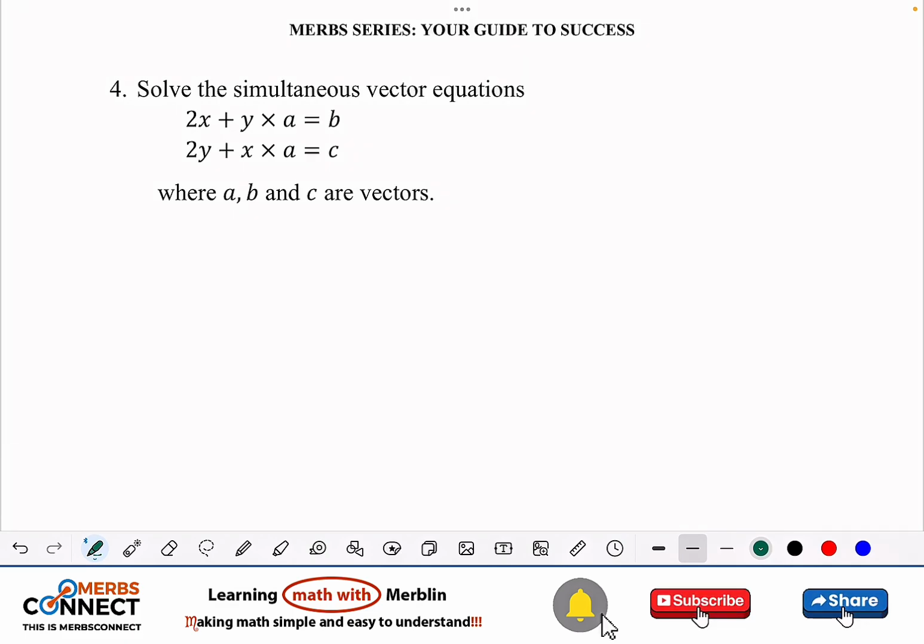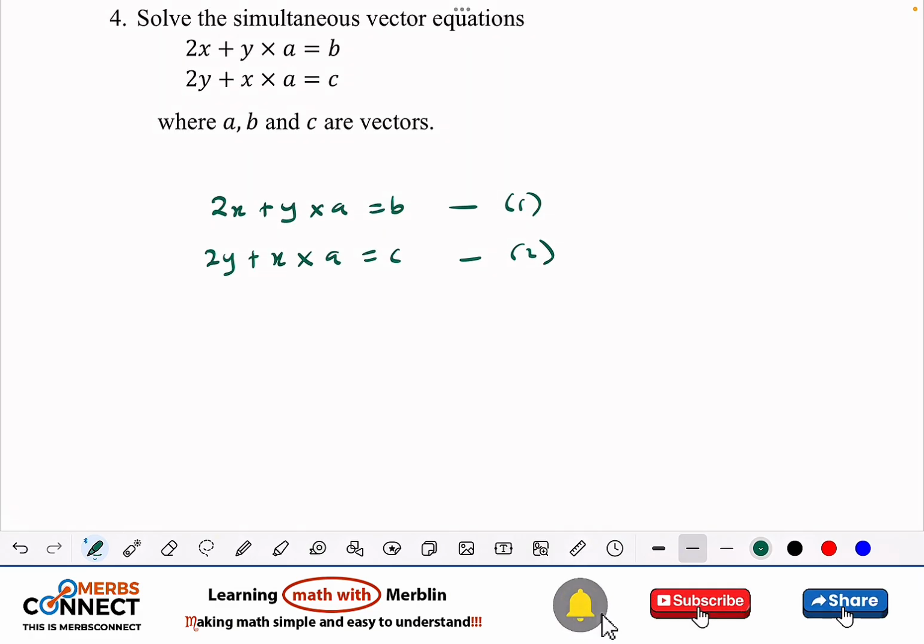So let's assume that 2x plus y cross a is equal to b, right? Let's assume that you have equation 1, then 2y x cross a is also equal to c. Let's say equation 2. So what I'm going to do is I'm going to multiply equation 1 by y. I will tell you why. So I want to multiply equation 1 by y, and I will tell you why. So multiply equation 1 by y, we obtain